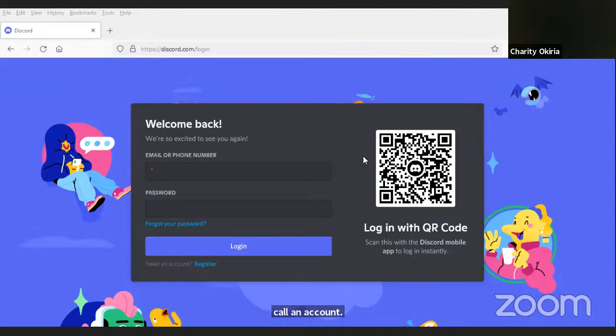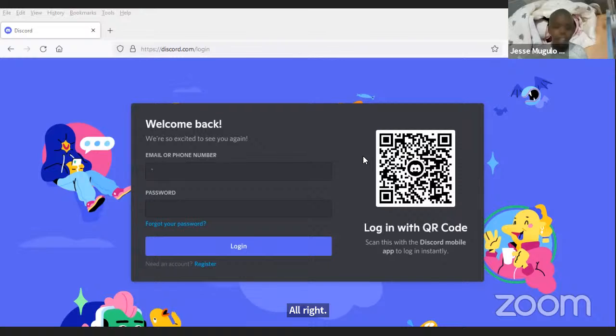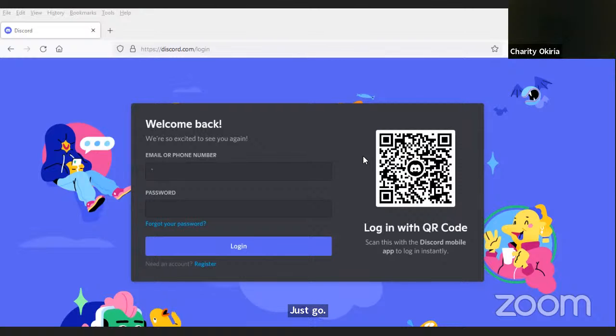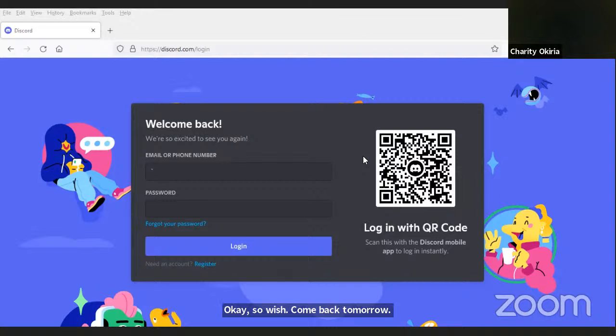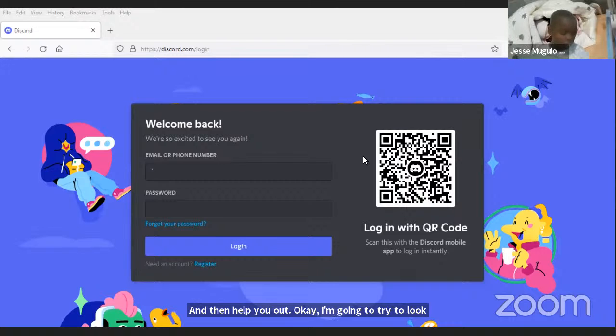The only button I can click here is just back to login. Okay. So if your situation is that it's telling you based on the information you provided, we are unable to create an account for you, we shall come back tomorrow and help you out. I'm going to try to look for a solution to that, and then we shall help you out. That's if that is your issue.